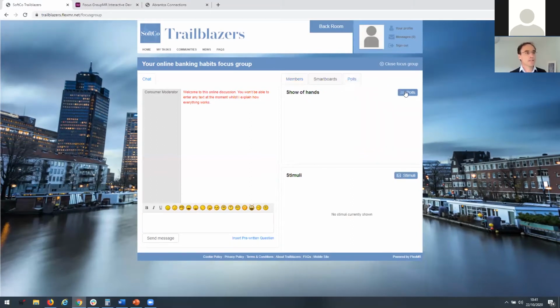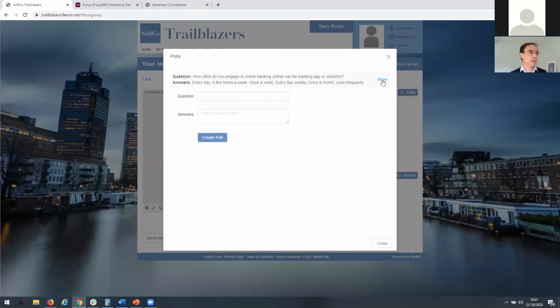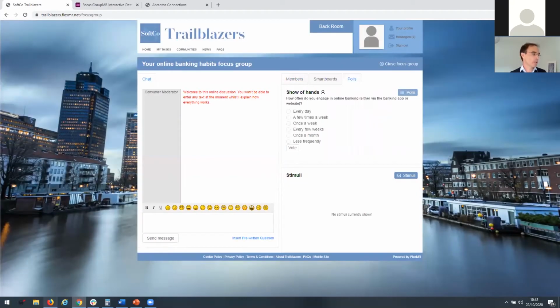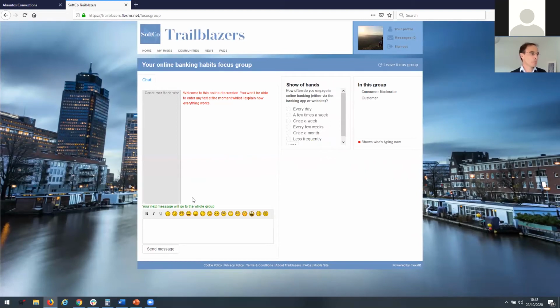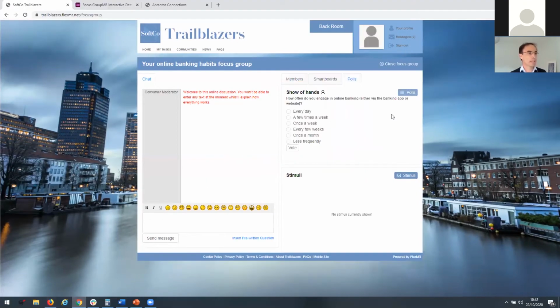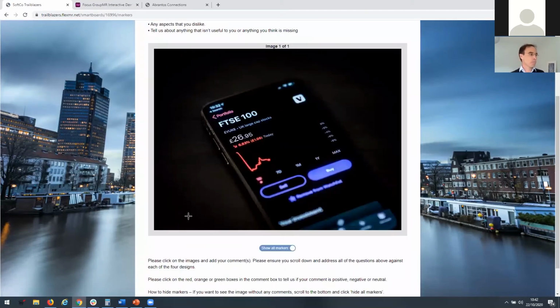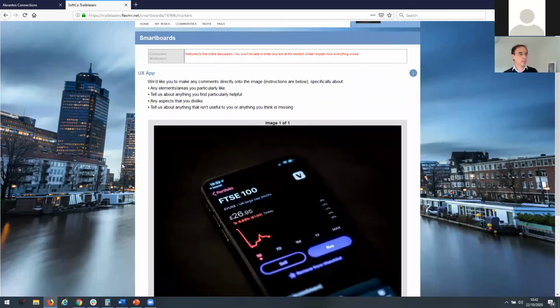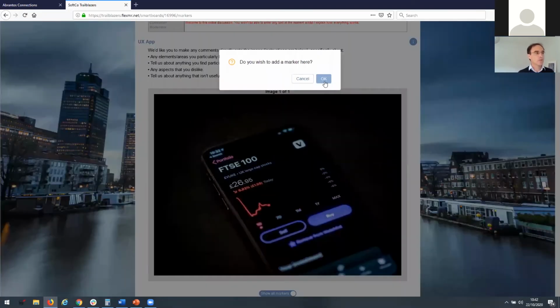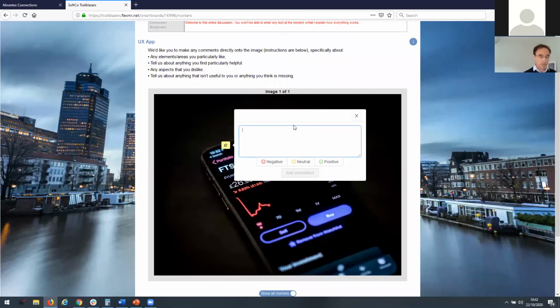I can do show of hands in here. That can help you as a moderator see who's agreeing and who isn't in a group, and I can share results back in there as well. I can also integrate a smartboard, which is a more interactive task. Again, I'm in control of this, so I push people into the group. The participant will be in the group here, and I can then discuss on the image by placing markers and comments, white sticky labels and things like that. You can have sentiment in there, which will help you heat map the image afterwards.